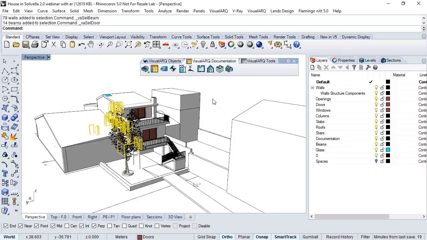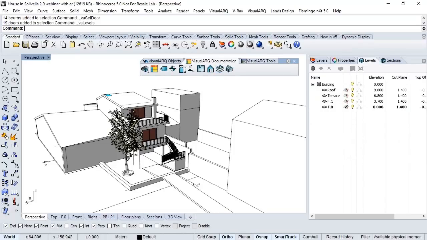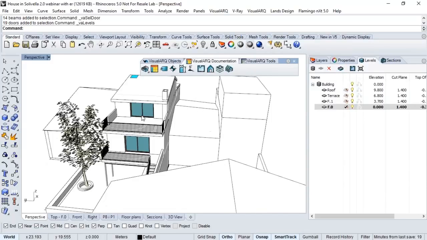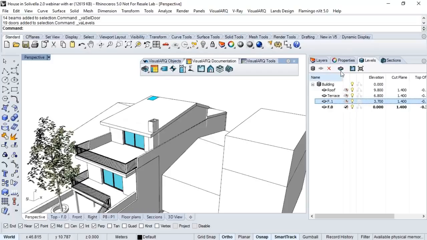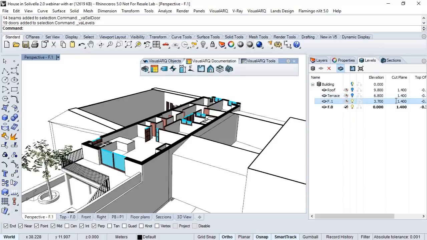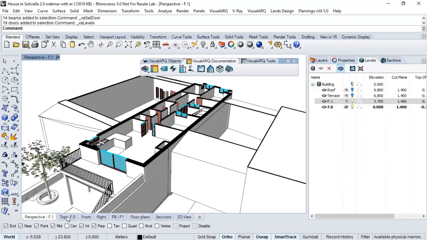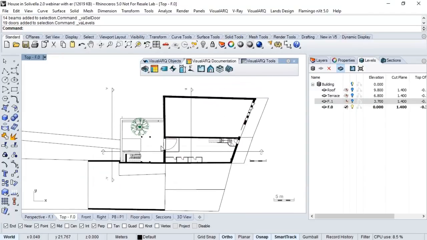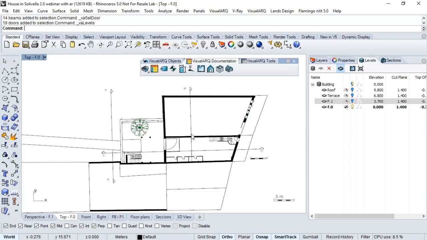Okay, so let's now take a look at the level manager and the section manager. So basically when we run the level manager, this dialog opens and we have added here two new options. Well, there is the existing option to activate the cut plane. That means that for any floor we can activate the cut plane. So the clipping plane cuts through the model at a specific distance defined by this value. Okay, but also when we are in another viewport, for example, if we work from this top viewport and we rotate the model,